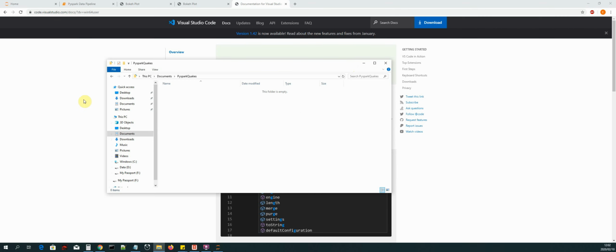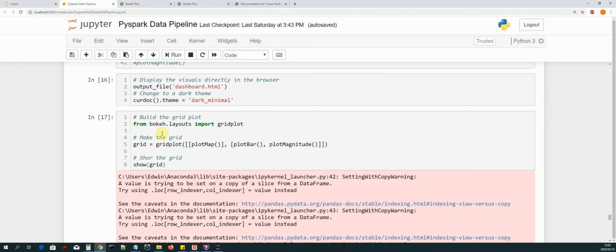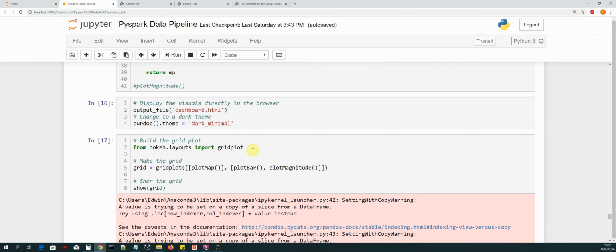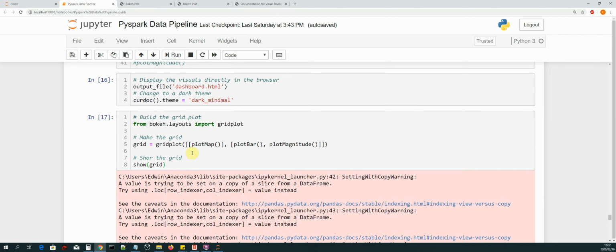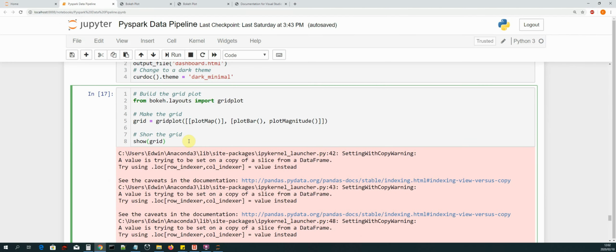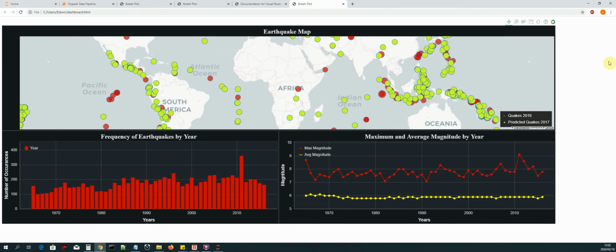Okay, and then once we have done that, the next thing that we need to do is go back to Jupyter Notebook, and then if you have closed the tabs previously from running the grid plot, let us run it again. Okay, so as you can see, we have our dashboard displayed. So now the next thing that we need to do is locate this file. So copy the path